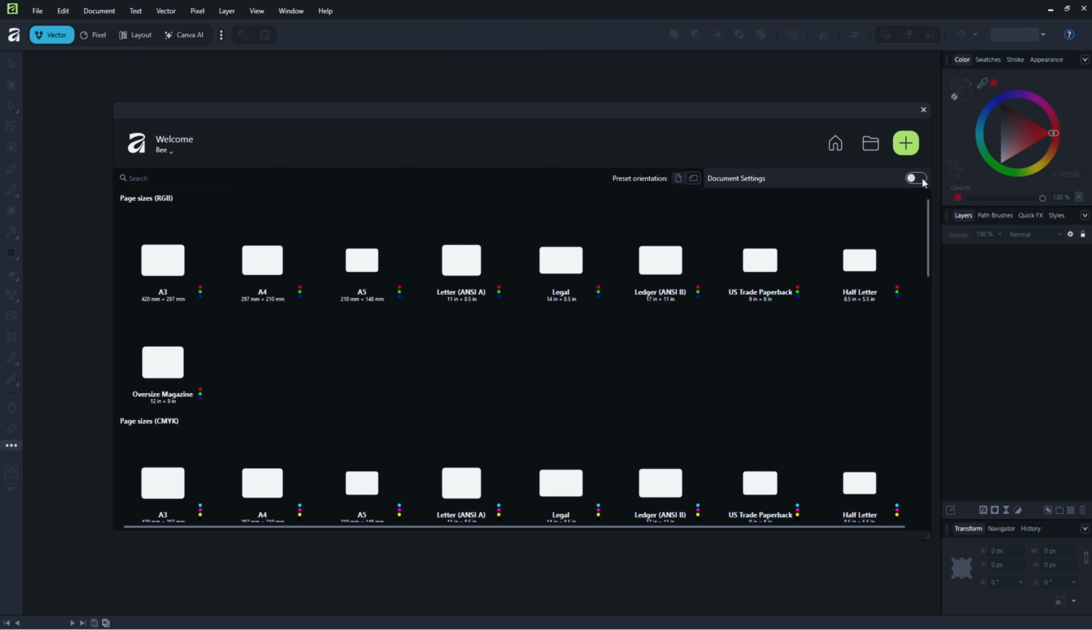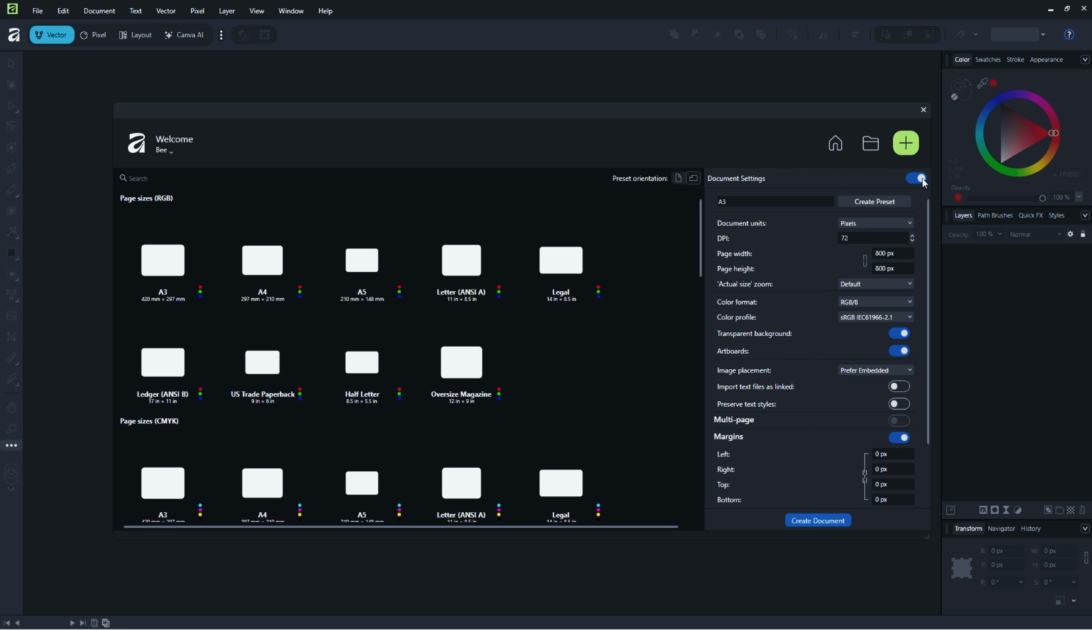This switch allows you to collapse and expand the panel. You can create new preset here. Set the document units. You got pixel, points, and so on. Set the DPI, page width and page height, actual size zoom,